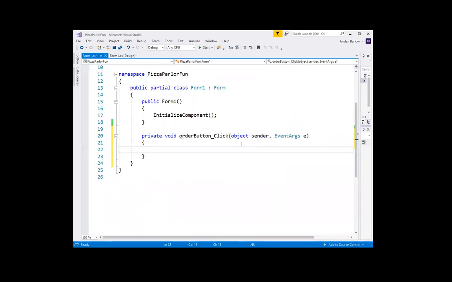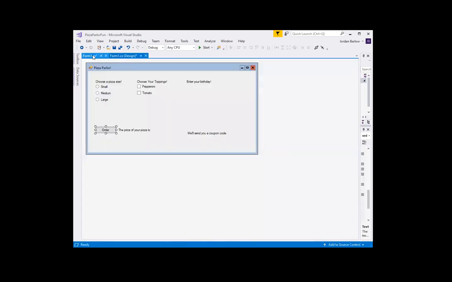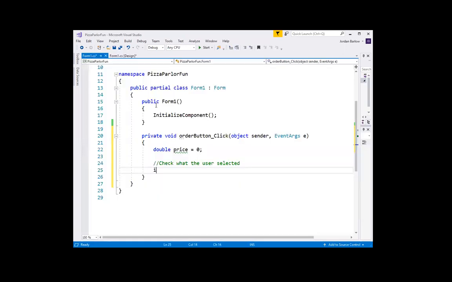And we are going to have a variable that we call price, because that's what we want to calculate here. We're going to start it at 0. Now we're going to check what the user selected. So for the size radio buttons, we can say if small radio button dot checked